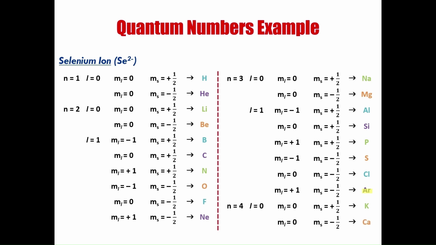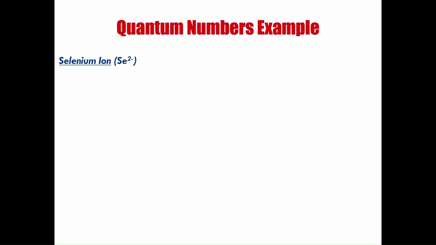Now that we've filled the s orbital in the fourth energy level, we can now jump to the d orbitals for the third energy level. We've now arrived at the 3d orbitals. And as always, we're going to start by writing the energy level, n equals 3. In this situation, L will be equal to 2. We don't have to worry about L equals 0 or L equals 1 anymore, because we've already filled those orbitals. So we can jump directly to L equals 2. As always, ML ranges from negative L to positive L. And so in this situation, our ML will be negative 2. I'm going to place an electron in this orbital with a positive spin, and that gives me the quantum numbers